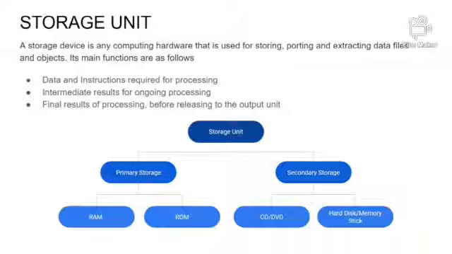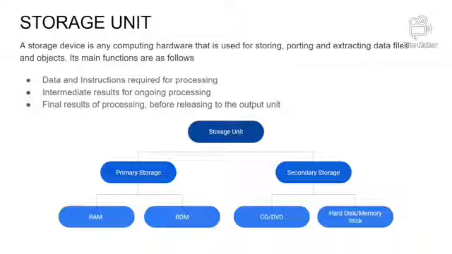Moving to secondary storage, which is also known as auxiliary storage, it takes care of the limitation of primary storage. What is the limitation of primary storage? Yes, it has limited storage, but secondary storage has a huge capacity and the storage is permanent. You are all well aware of CDs, DVDs, hard disks, etc. These are examples of secondary storage.